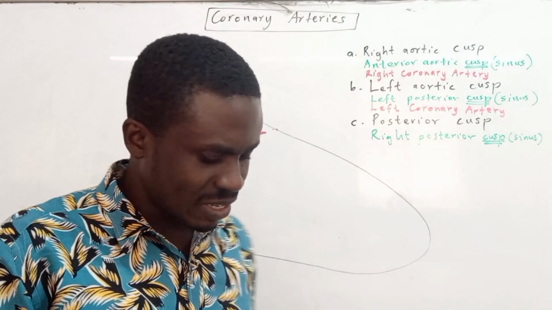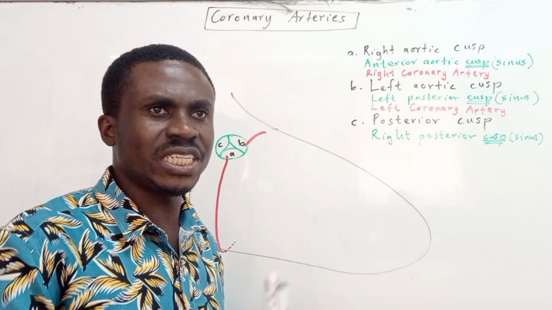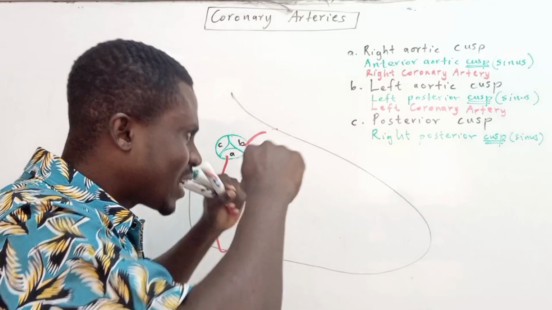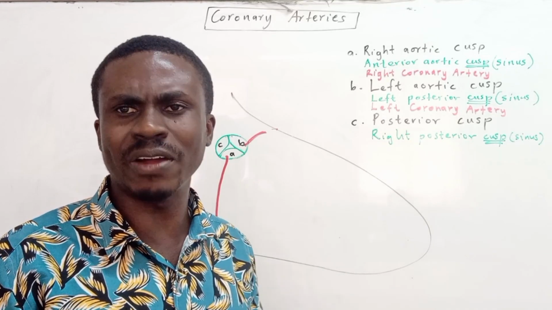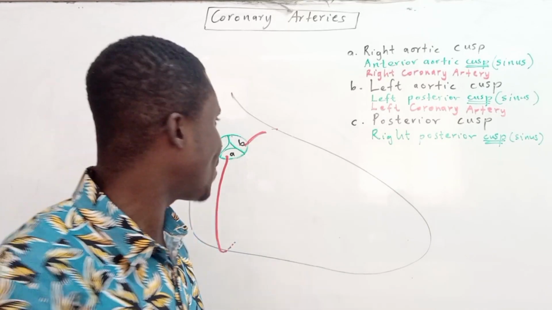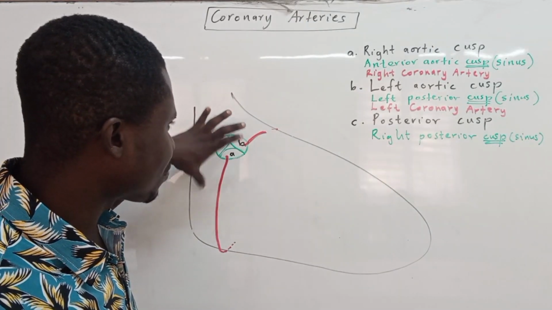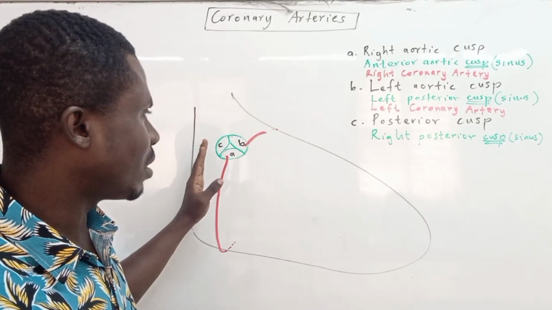Now the question is, where are these arteries after emerging from the corresponding aortic sinuses? Where are they coming out from, or where are they going to run? In what groove are we talking about? In what circles are we talking about? So my friends, they will be running through what we call the aortic